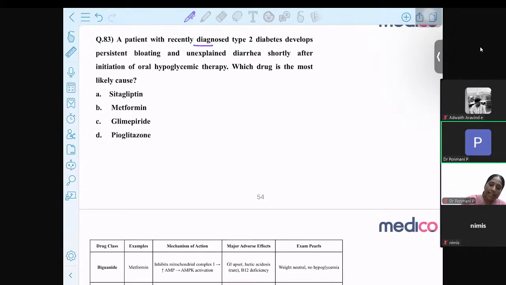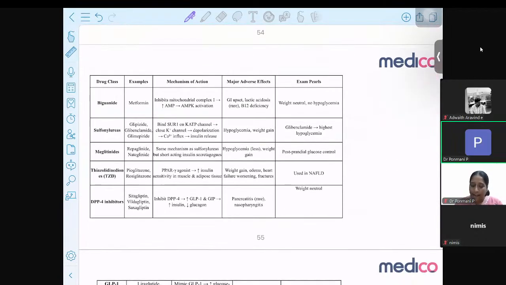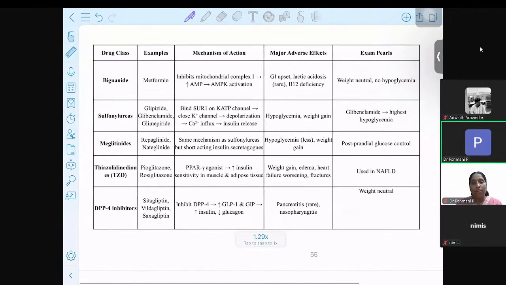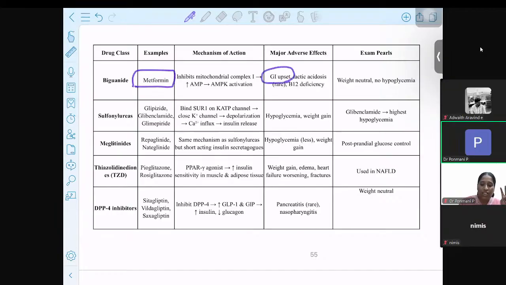A patient is diagnosed with type 2 DM and he develops bloating and unexplained diarrhea shortly after the initiation of an oral hypoglycemic therapy. Which drug is the most likely cause? As I said, I have already given you a table for DM. I'm repeating the same table everywhere a DM question comes, if you can note. Among this, there are two groups of drugs which cause GI disturbance a lot. One is metformin. Okay, metformin causes GI upset a lot. There is one more drug,